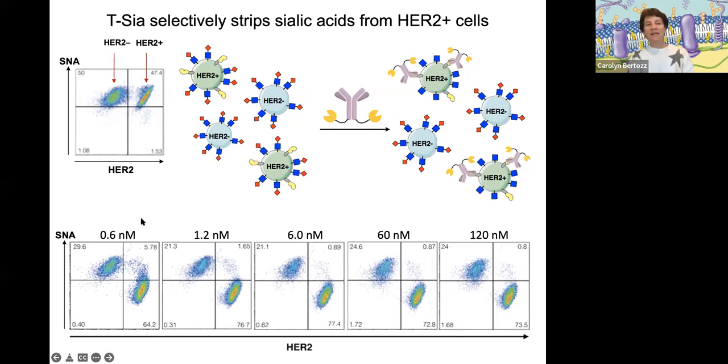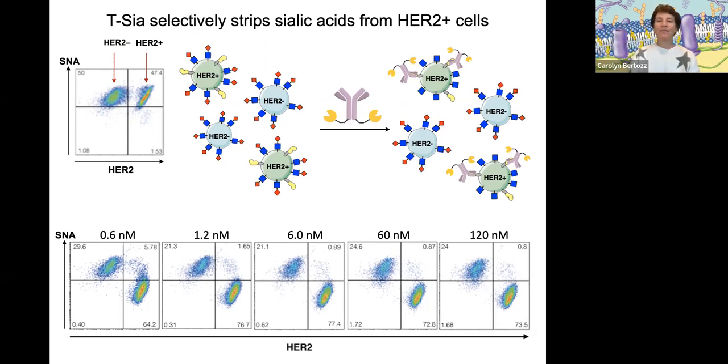And what Melissa observed is that even at treatment with quite low doses of T-Sia, sub-nanomolar doses, she could quantitatively strip the sialic acids off the HER2 positive cells without any removal of sialic acids from the HER2 negative cells. So you can see this HER2 population has dropped from the upper quadrant to the lower quadrant. And it was only way out here at triple-digit nanomolar doses of this conjugate that we started to see a little bit of loss of sialic acid from the off-target cells. But this is a really nice therapeutic window, so to speak, in which we have good selectivity for the target